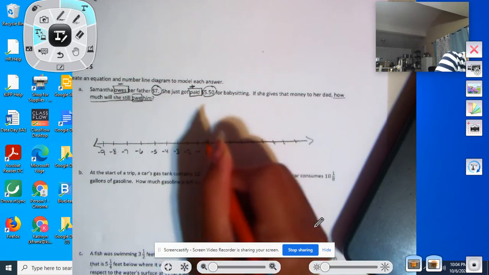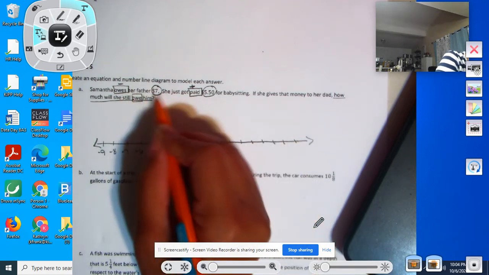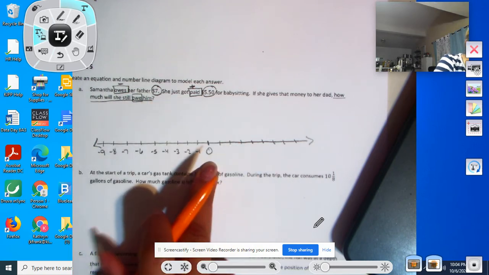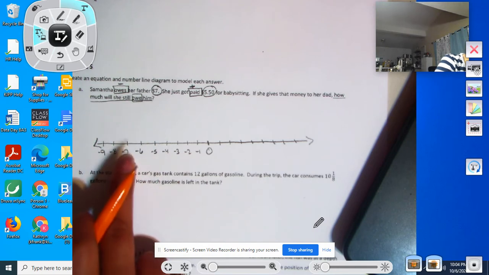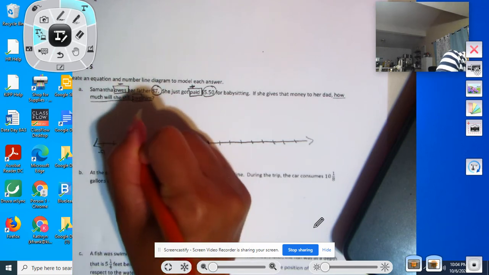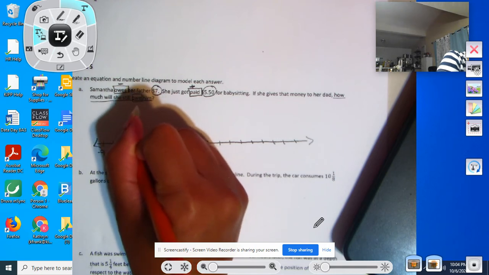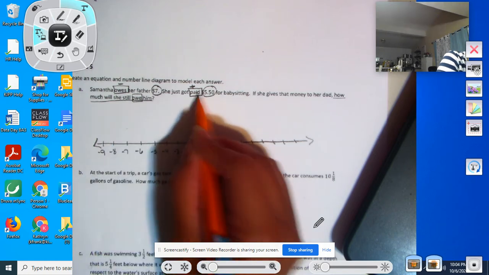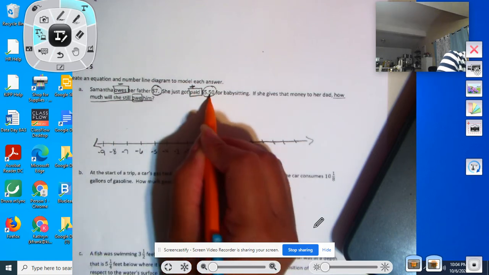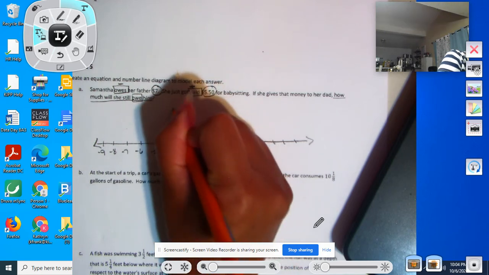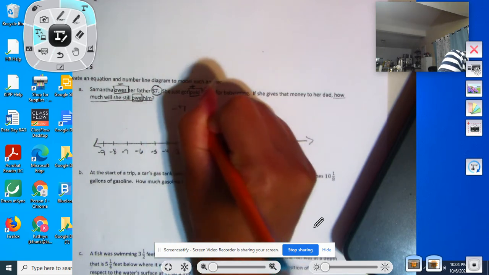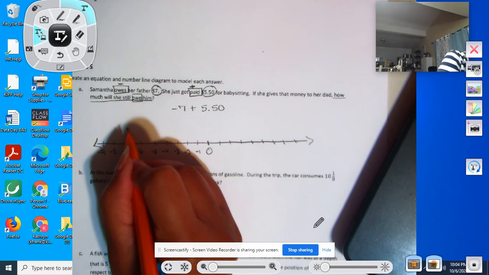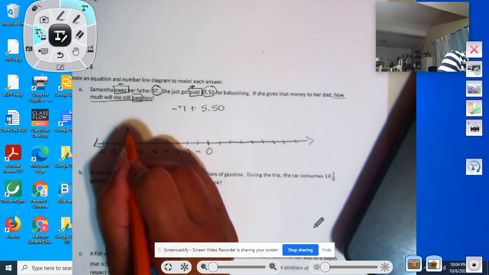Let's start here though. I know that she owes her father $7. So am I starting at the 0? No. I'm going to start at -7 because this is our starting point. This is what she owes. So she owes $7. So we're at -7 and she's getting paid $5.50. So we're adding $5.50. So we have -7 and we're adding a positive $5.50. So that means I'm going to put the tail of my line here at the -7 and I'm going to move up